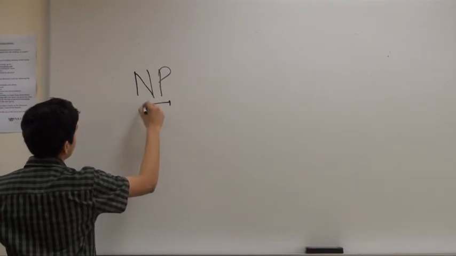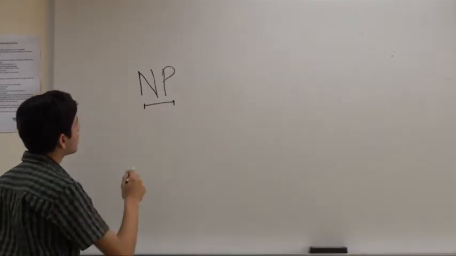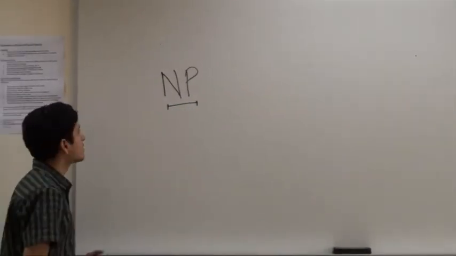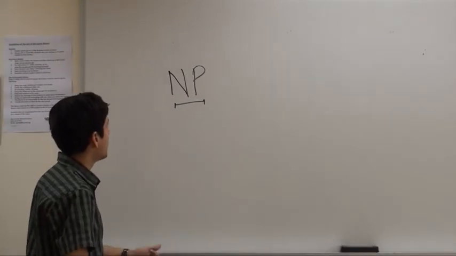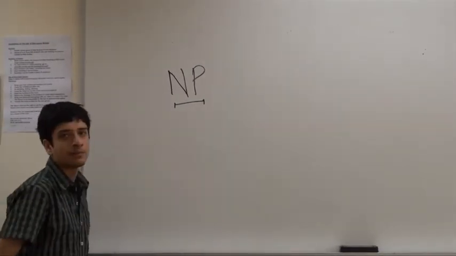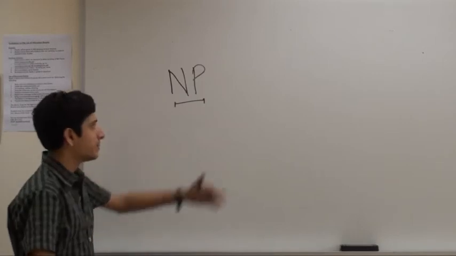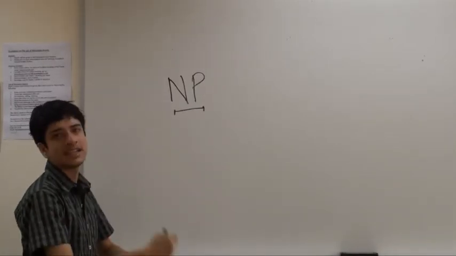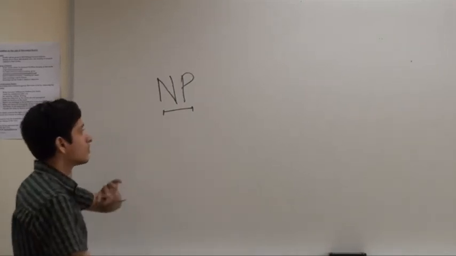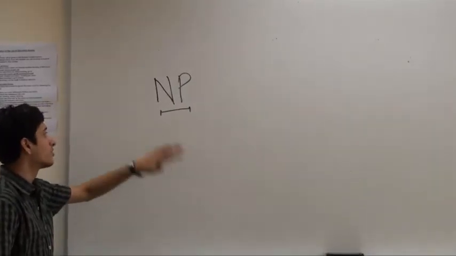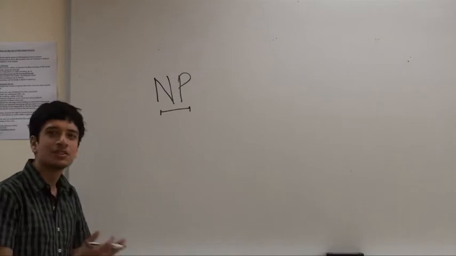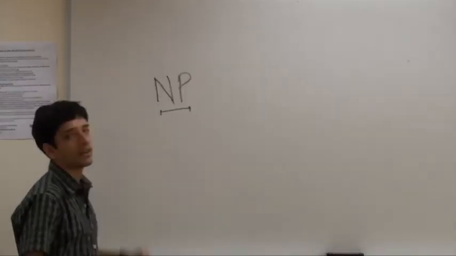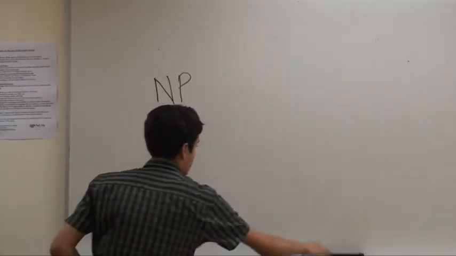Now, what does NP mean? NP stands for non-deterministic polynomial. This means that it's impossible to solve the problem analytically in polynomial time. However, as we will see in the genetic algorithm, it is actually possible to guess the solution and test it in polynomial time. So although this algorithm doesn't solve the problem per se, it finds a solution to the problem in polynomial time. Okay, so let's get down to business.